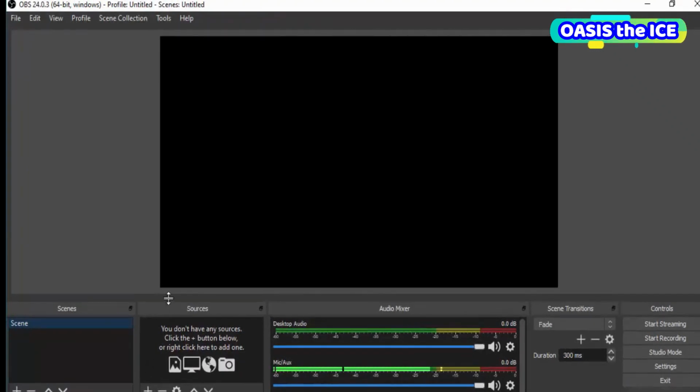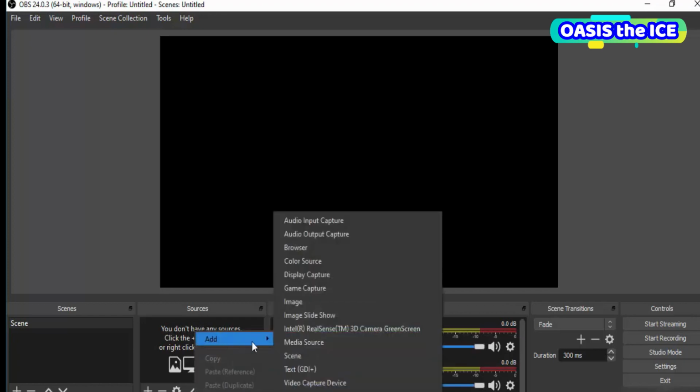So for the first time, if you are using OBS Studio, you can be confused about what all these options are. So if you want to create a new video source, I'm going to just right click on the sources section here and then click on add, and then here I'm going to choose the display capture option.